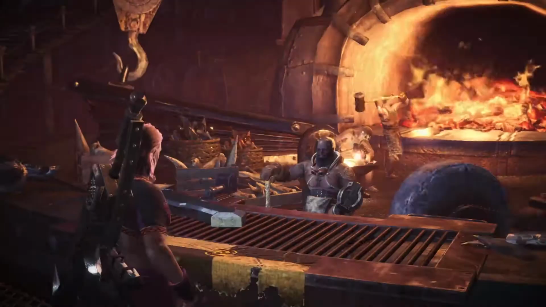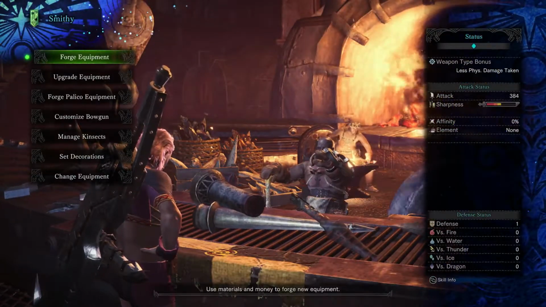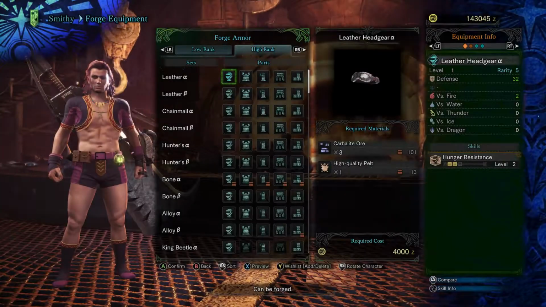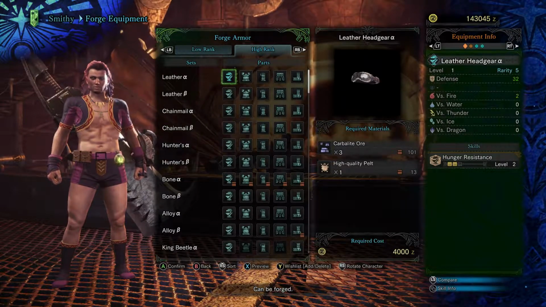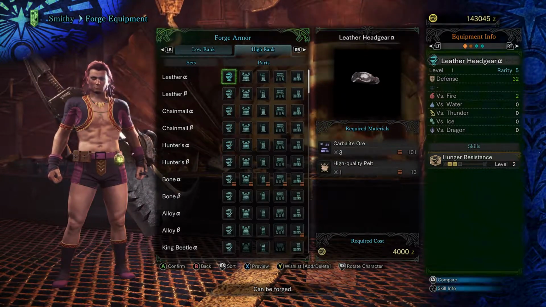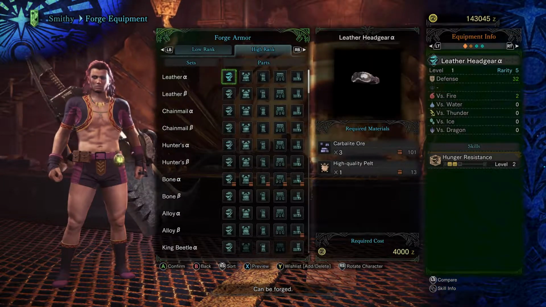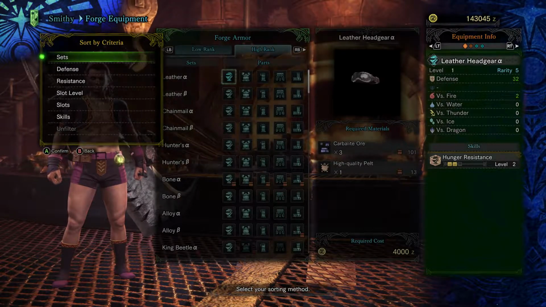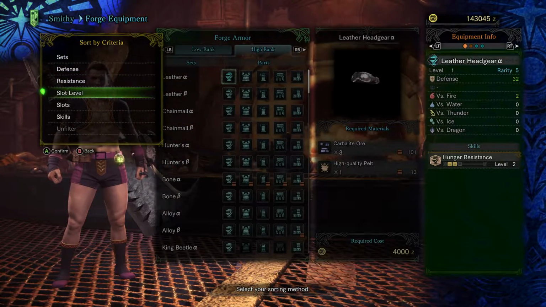Well, we're going to go up to the smithy and say hello, get through his waffle, his couple of sentences, and we're going to go to forge equipment and then forge equipment armor, and then we'll get the list up of all the high rank armor parts that are available to us. Now yes, you can work through all of these and see which one is individually, but let's save some time with this little feature I found which I think is pretty cool. We're going to press R3 or the right stick. We're going to click that in and you'll see on the left we have now got a sort by criteria box opened up, and we're going to go down to skills,